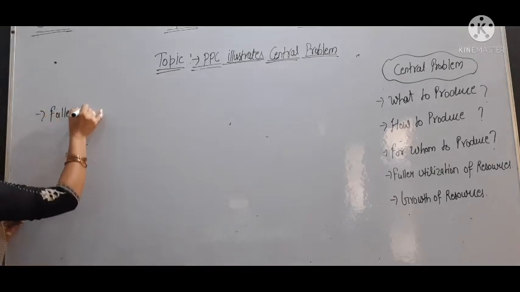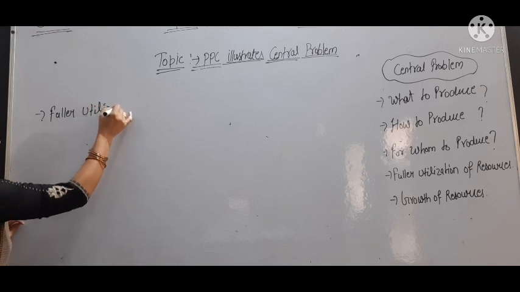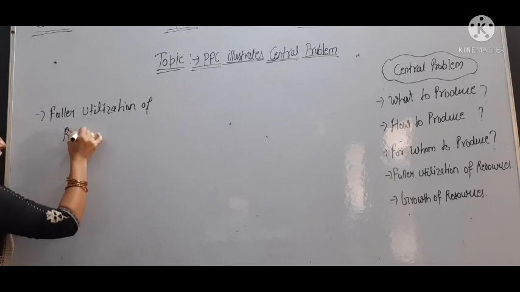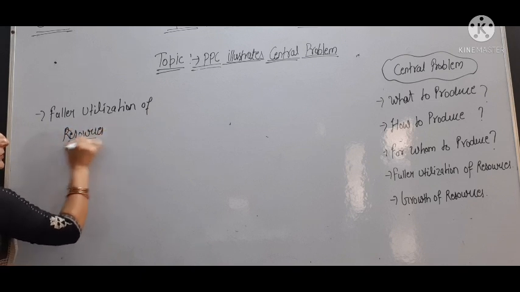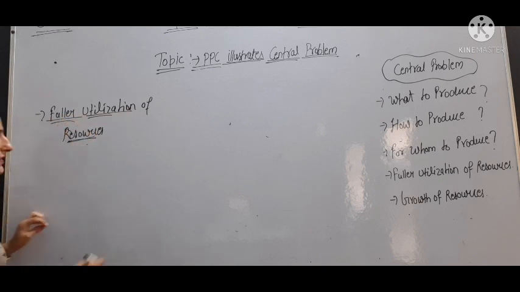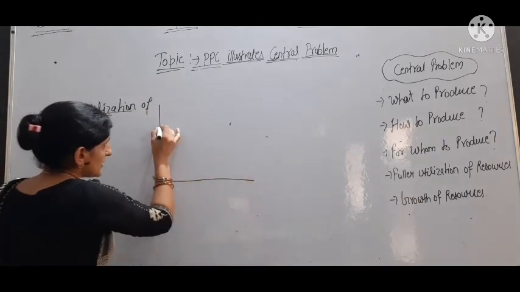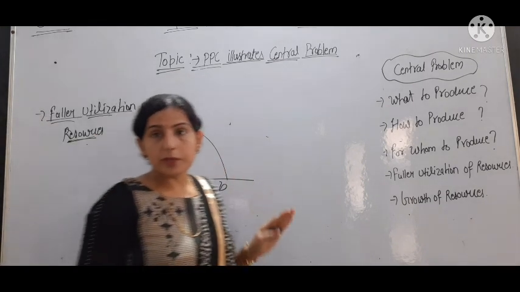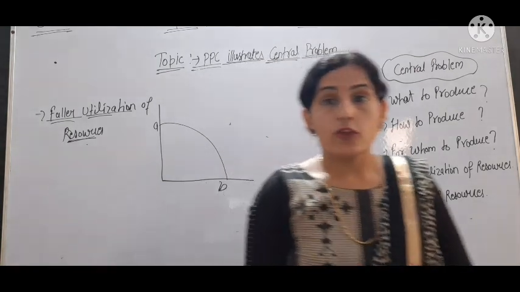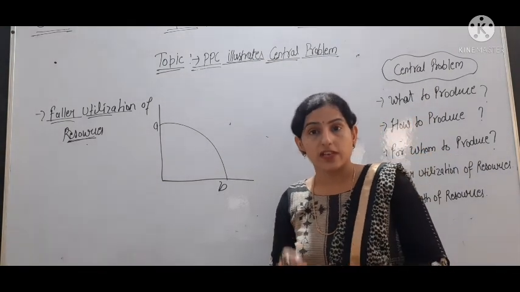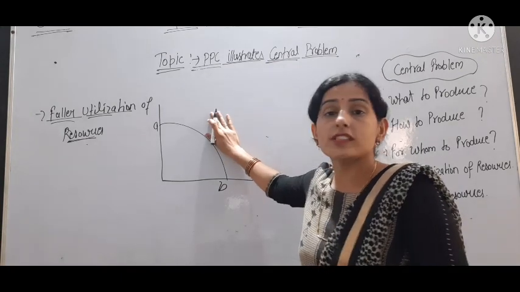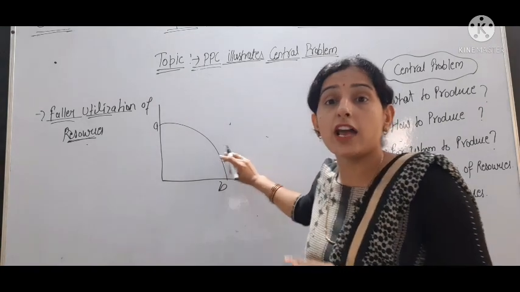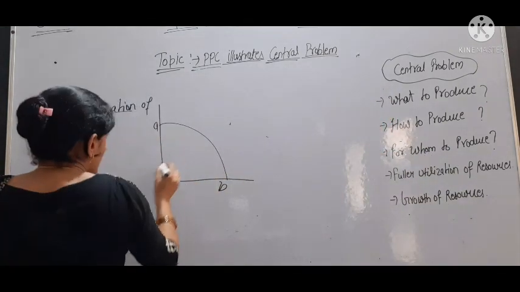Then we have fuller utilization of resources. It means that the PPC shows full utilization of resources. This line of PPC tells us that there is full utilization of resources that are available to us, and technology remains constant. It means on this line all the resources are fully utilized, but if we take the point